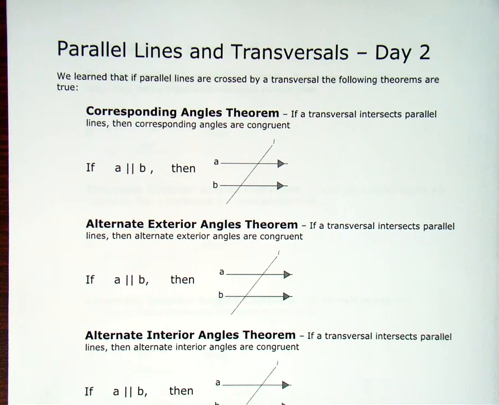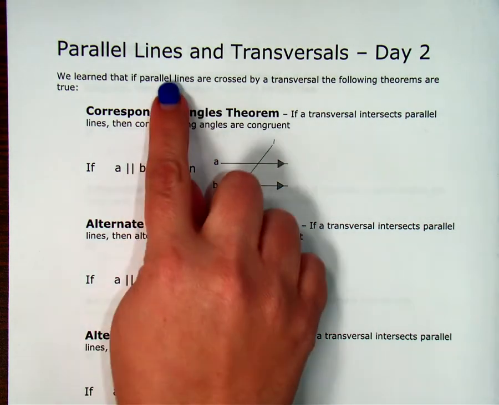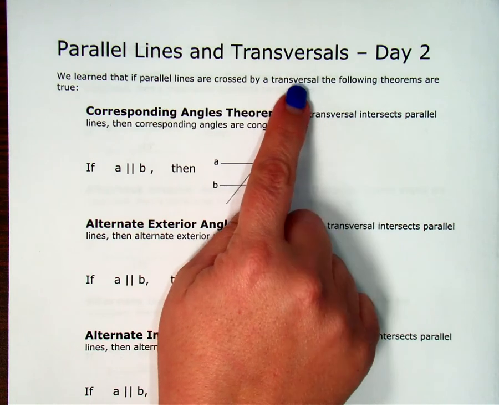Hi, in today's lesson we're going to look at parallel lines and transversals, and then we're going to look at a converse of our theorems that we discovered in the last lesson. Okay, so in the last lesson we learned that if parallel lines are crossed by transversals, then the following theorems